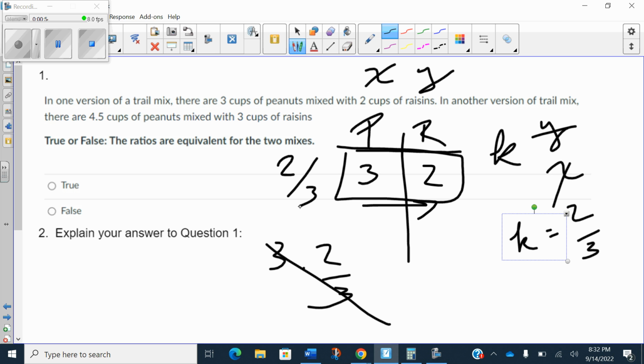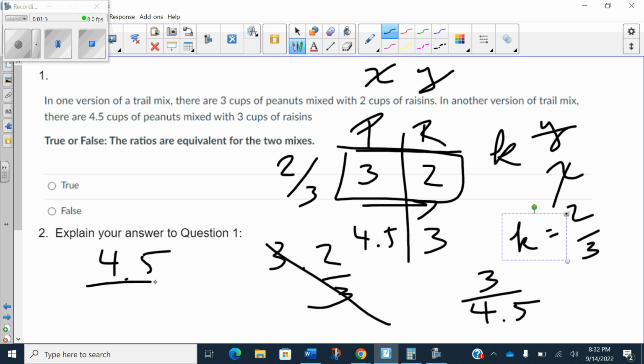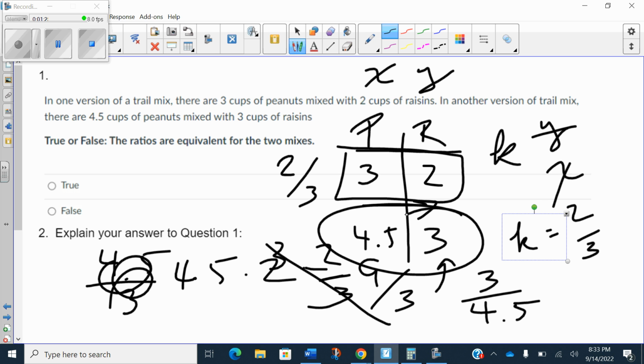Then it says there are 4.5 cups of peanuts, so I'm going to put 4.5 here, and 3 cups of raisins. So I could do 3 divided by 4.5, and I want to see if that's going to become 2/3, or I could just multiply. So 4.5 times 2 equals 9, divided by 3 is 3. So yes, this is a proportional relationship. These are equal ratios. And this is my explanation because